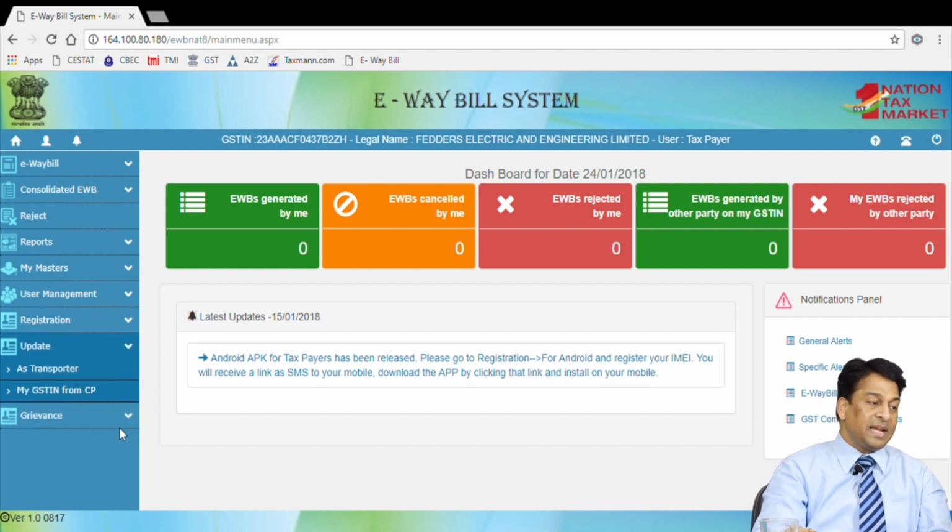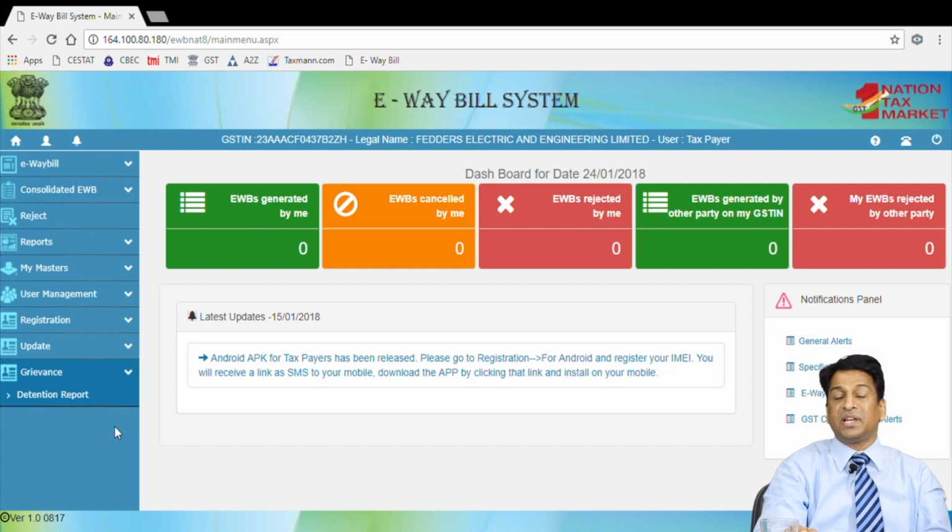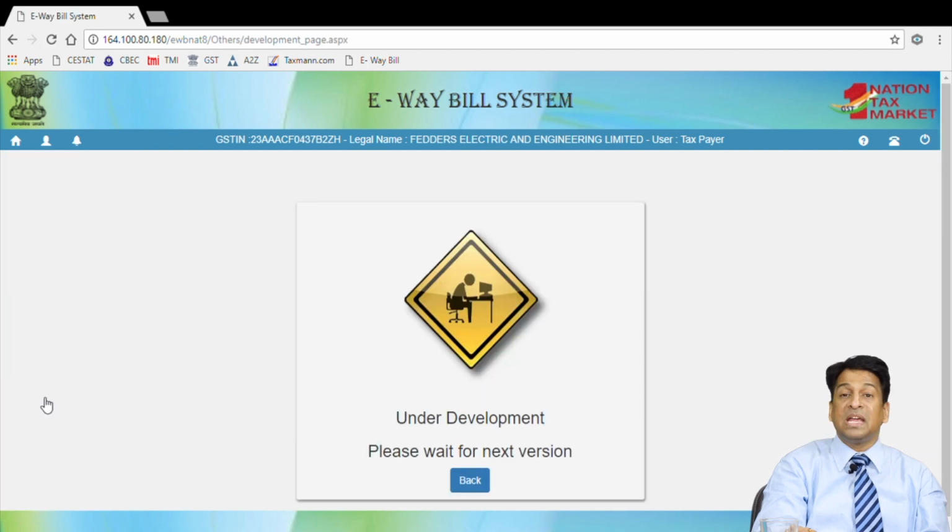Then update details as a transporter or your GST, then grievance, and the last option, detention report. In case any vehicle or conveyance is detained for more than 30 minutes, then you can file your detention report. In this detention report, e-way bill 04 can be uploaded, but at the moment on the trial site, which is ebaybill.nic.in,